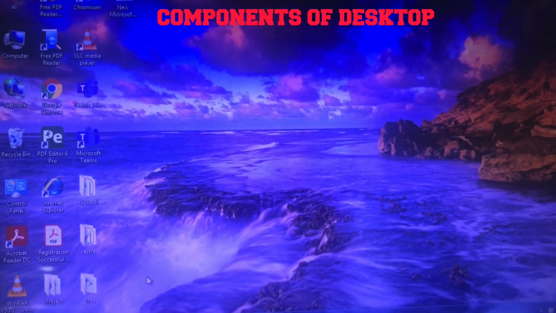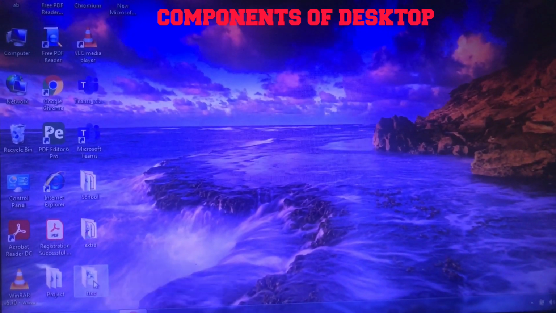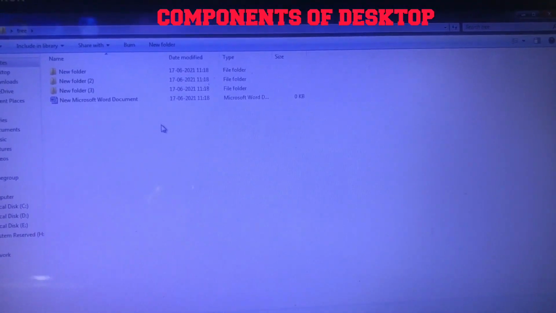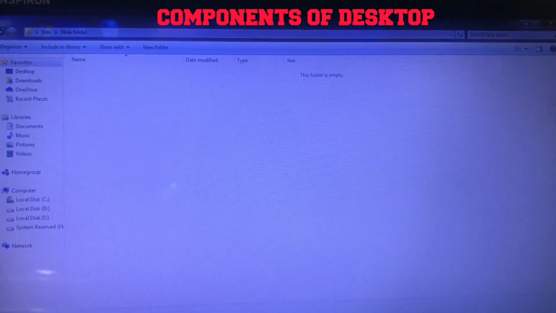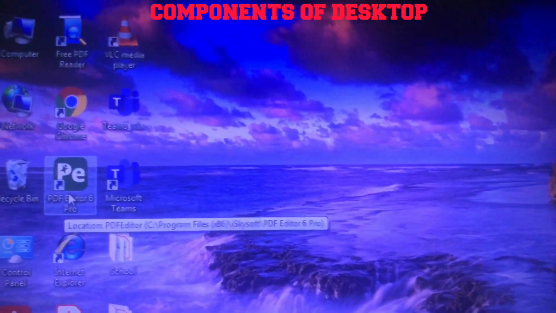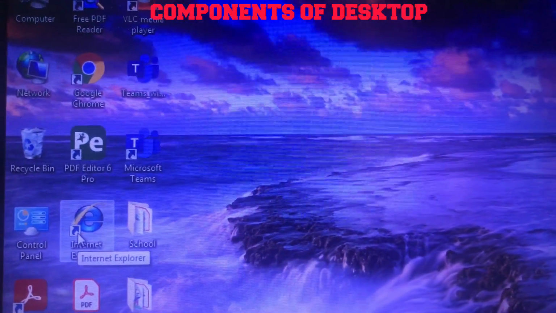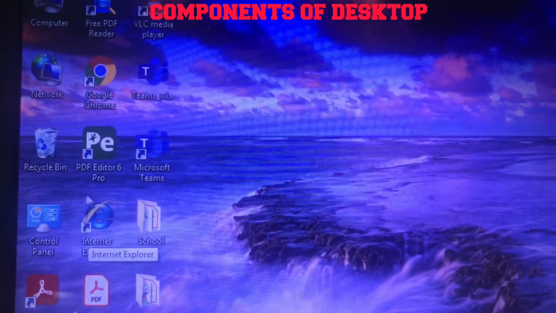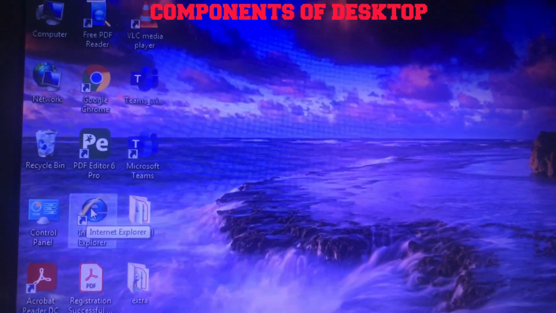And when you double click on the icon, the associated file or program will be opened. So if you want to open anything, whether it's a file, folder or any application, you just have to double click on it and it will open. Understood? And yes, students, some icons have a small arrow in the bottom left corner. Look here, right? So these icons are called shortcut icons. When you double click on these shortcuts, it will run the related program or open a document.